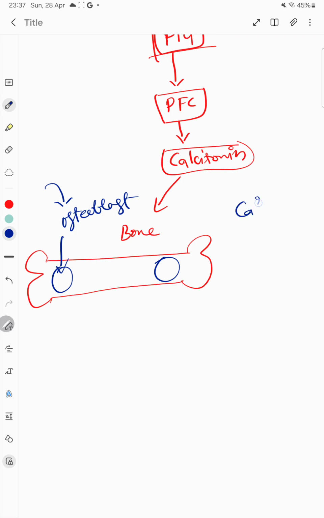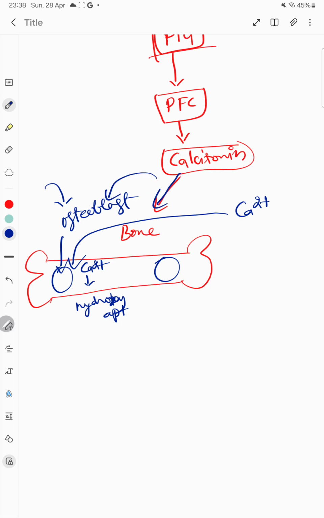So excess calcium in the blood will be taken up by the osteoblast and stored inside the bone in the form of hydroxyapatite. It's simple. Calcitonin signals to the osteoblast. Now this osteoblast takes up excess calcium from the blood into the bone and stores it as hydroxyapatite, thereby